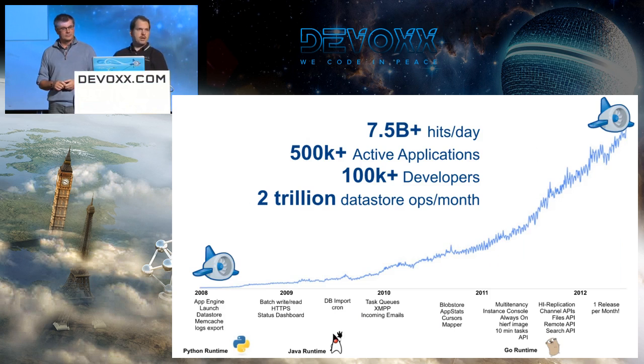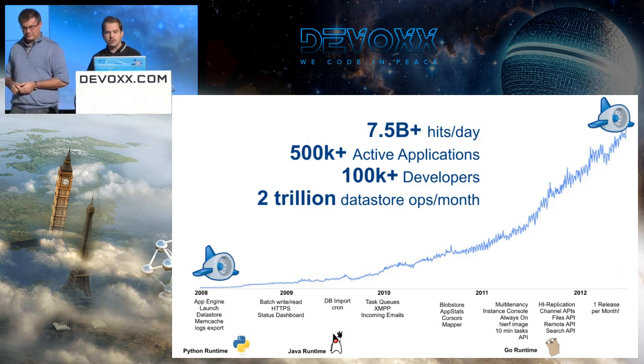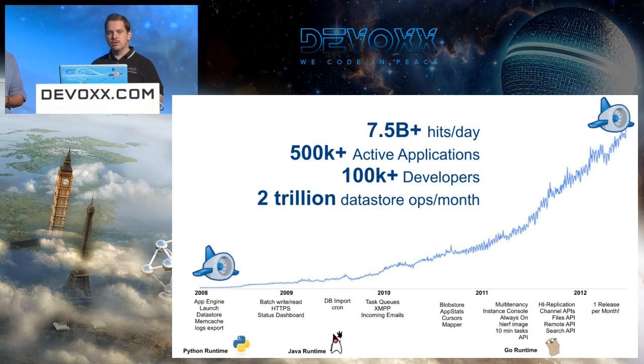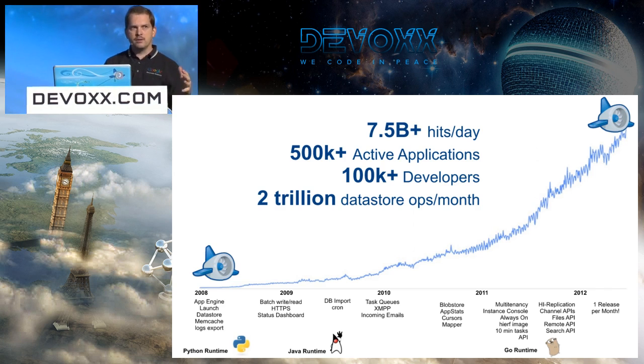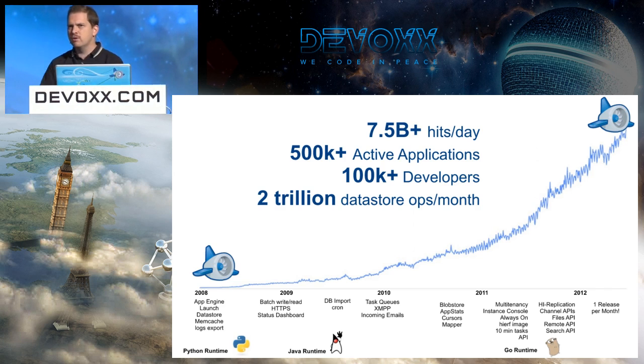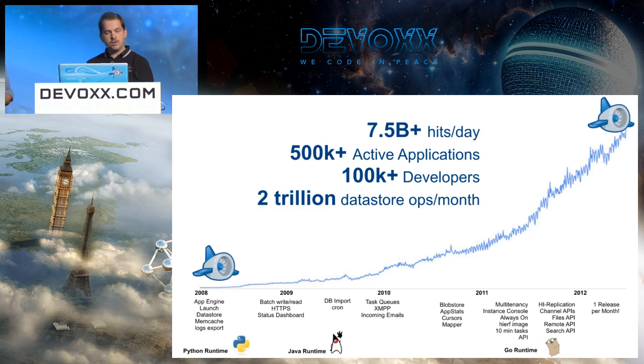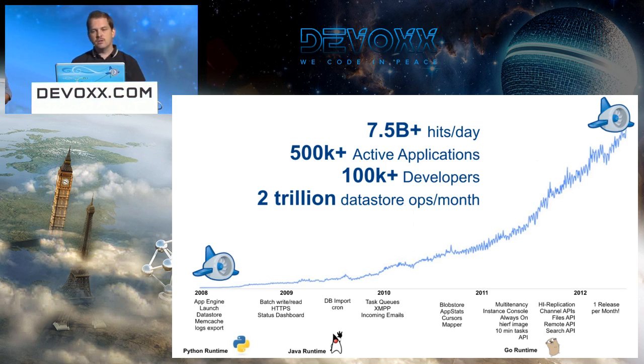So Google App Engine is Google's platform as a service offering. It's grown since 2008 when it was introduced early on with Python, and it was really the first time, I think, even the term platform as a service had not been coined at the time. It's really one of the pioneers, initially with Python, adding Java shortly after, and building on top of that in terms of features, in terms of quality of service, and adding up to very impressive numbers. I'm not going to read them all out to you, but we've seen very interesting growth up to today,